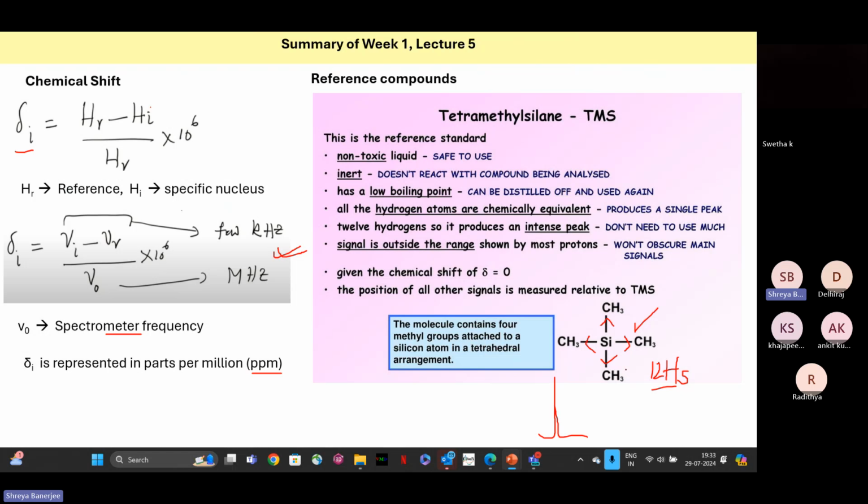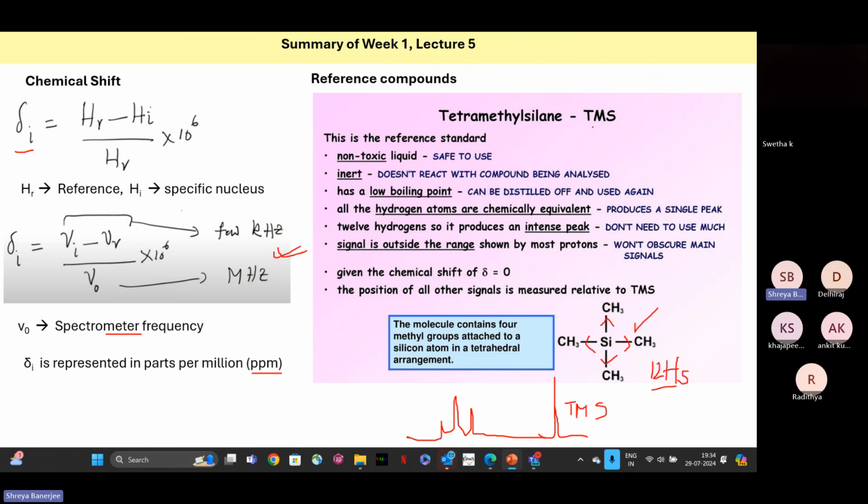The nucleus of these 12 hydrogens will have high electron density surrounding them. So they will be highly shielded nuclei, and so the chemical shift will also be low. Suppose this is the chemical shift of TMS. Your compound's chemical shifts will generally come quite far from TMS, so there is no chance of mixing up your compound and TMS chemical shifts. So due to different reasons like this, TMS is one of the most